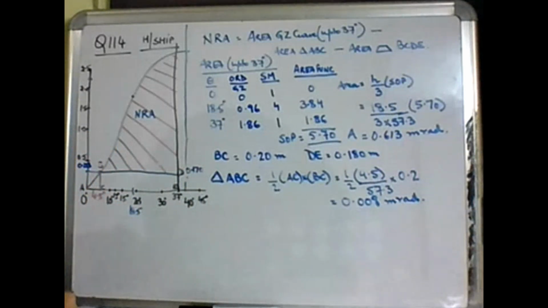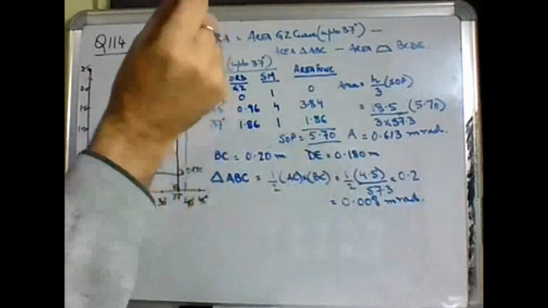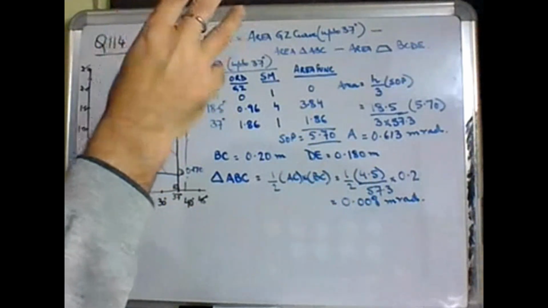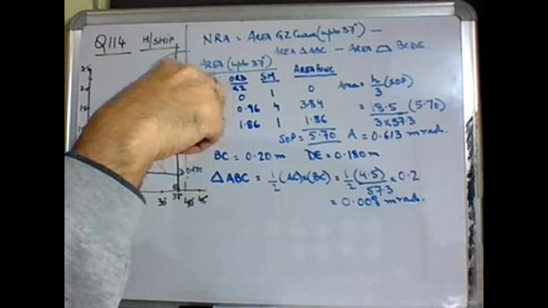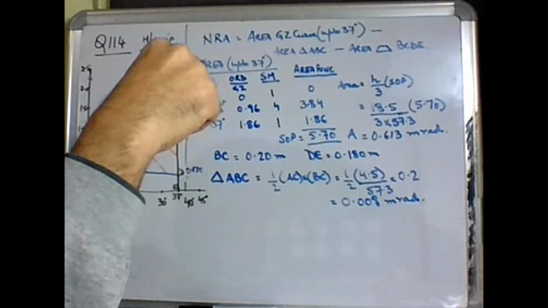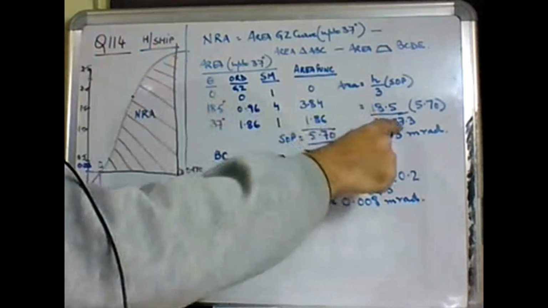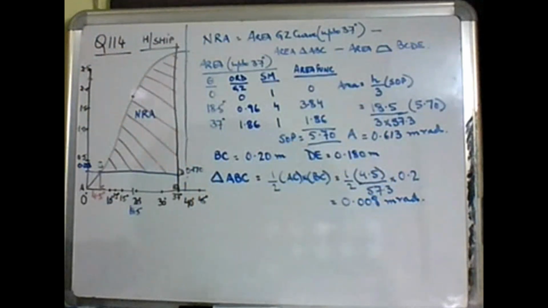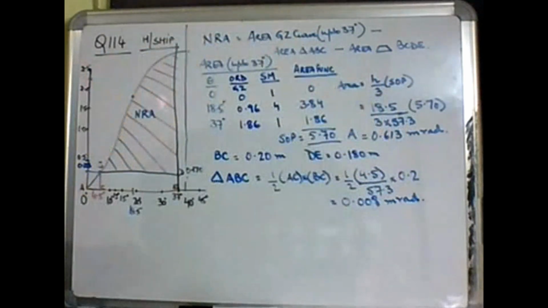सर ये 57.3, अगर डिग्री को रेडियन में चेंज करना है तब भी डिवाइड करते हैं, और रेडियन को डिग्री में चेंज करते तब भी डिवाइड ही करते हैं सर? नहीं, तब तो मल्टीप्लाई होता है ना। 4.5 डिग्री था, तो डिग्री को गायब करना है। 1 डिग्री इज इक्वल टू 1/57.3 रेडियन। 18.5 डिग्री था, तो डिग्री से रिड ऑफ करने के लिए डिवाइड कर दिया 57.3। ओके सर।